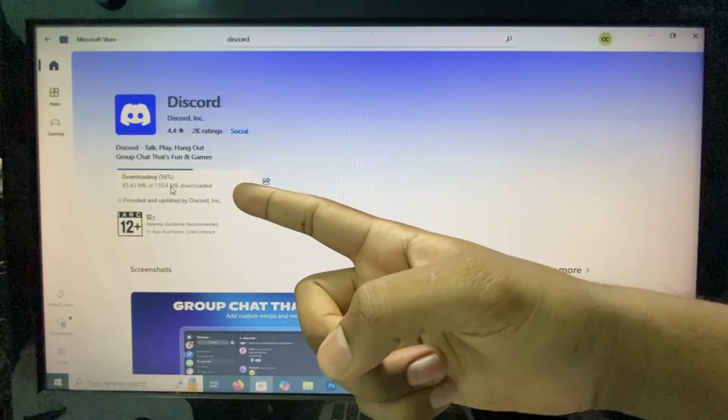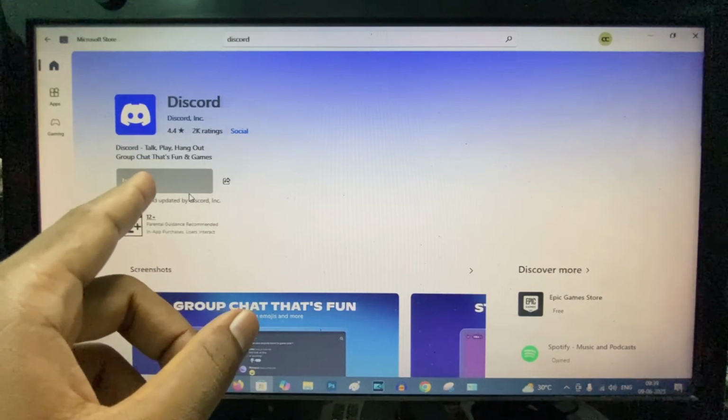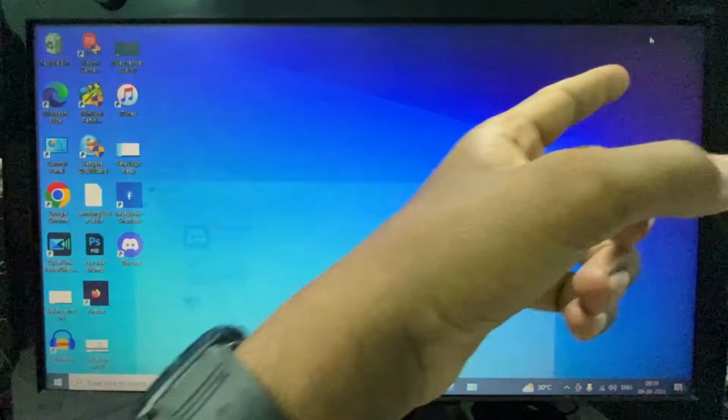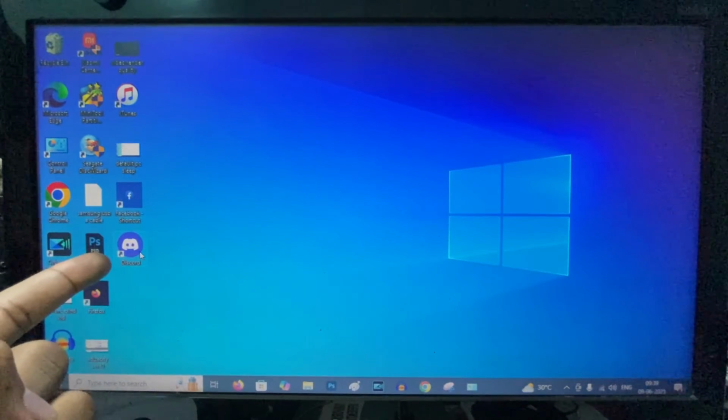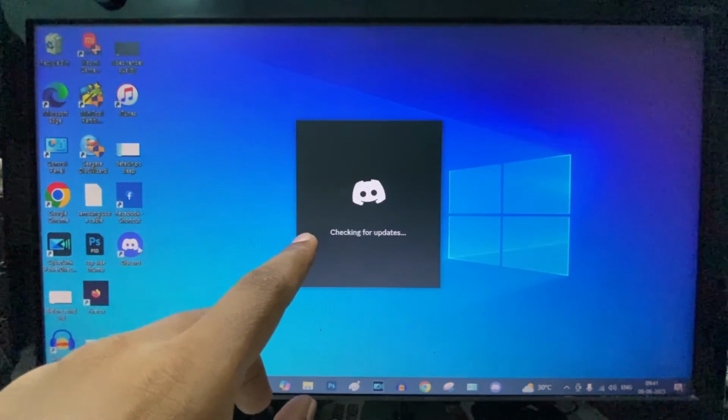It's downloading right now. So it's installed. Now just minimize this. Yeah, here you can see the Discord app. Just open that. So you just need to open that and sign into your